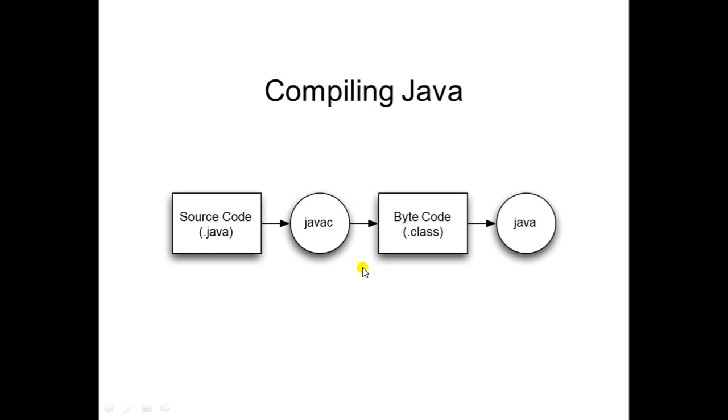First, it will be given to the compiler, where the compiler will not give you machine language code which will be understood by your machine as it is. Instead of that, it will give you the byte code, right? And then that bytecode is given to the Java interpreter. The name of the Java interpreter is java. So the first step is compilation, the second step is interpretation, and this makes Java more portable. Okay, this makes Java platform independent. Write once, execute anywhere. These are the features of Java.